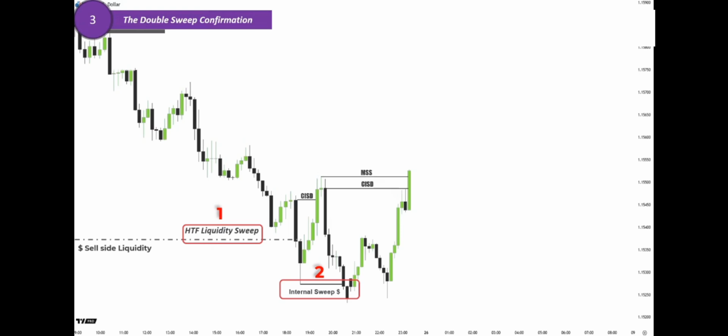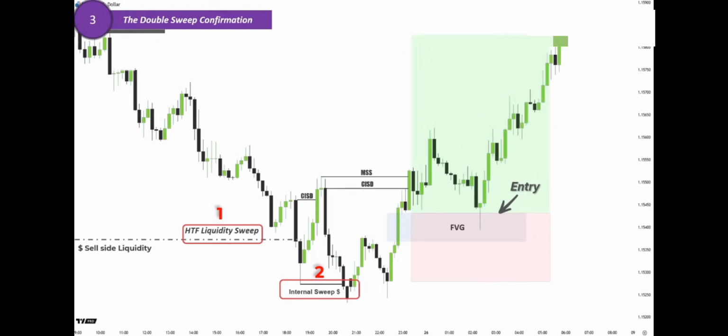So the sequence should be clear. First, wait for the major higher time frame liquidity sweep. Then, wait for the internal liquidity sweep. After that, wait for a market structure shift or change of character with displacement on the lower time frame. Once displacement appears, you can look for your entry from a fair value gap, order block, or another valid PD array inside that displacement leg. That is what turns a basic liquidity sweep into a high-probability smart money